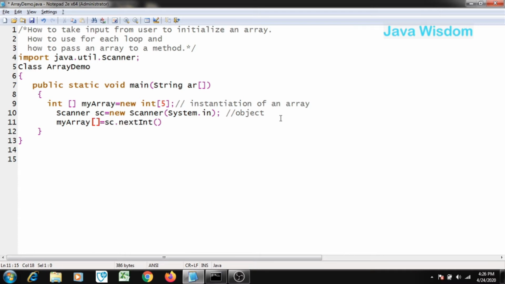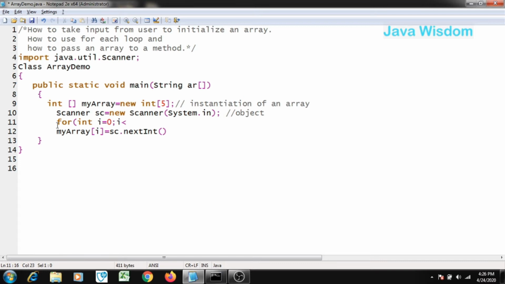at which position. To indicate this position, we need to use a repetition control statement. So here I am using a for loop. For how much time do you want to rotate this? I want to rotate till the user is giving the input.